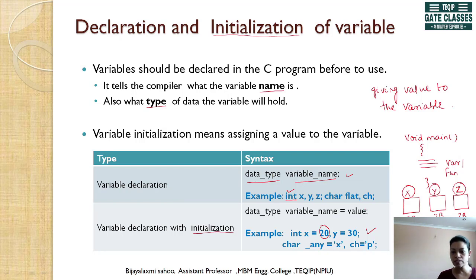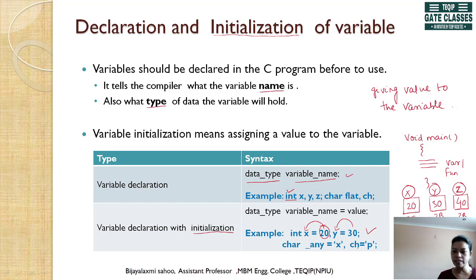Operators we will discuss later on. So if I am writing data type followed by variable name, assignment operator, some value, as this is an integer type, I will be assigning an integer value. So 20 is assigned to x, so it is going to store 20 over here. You are assigning another value, 30 to y, so 30 will be stored over here. If you are writing z equal to 40, 40 will be stored over here.